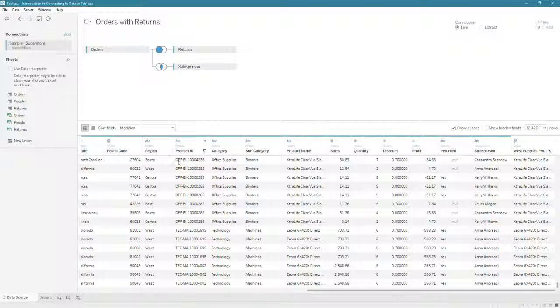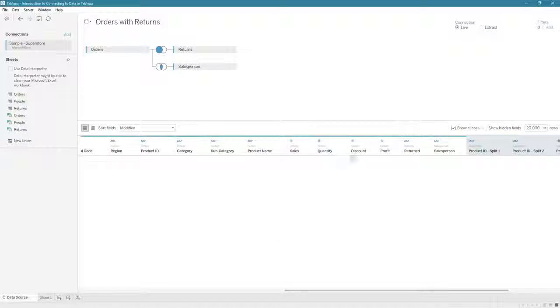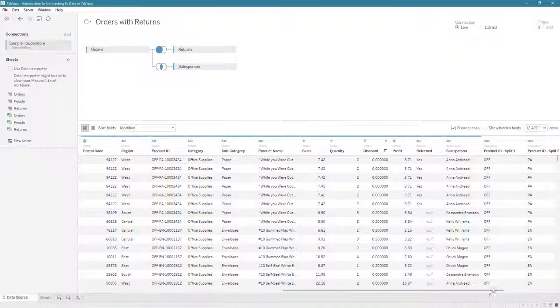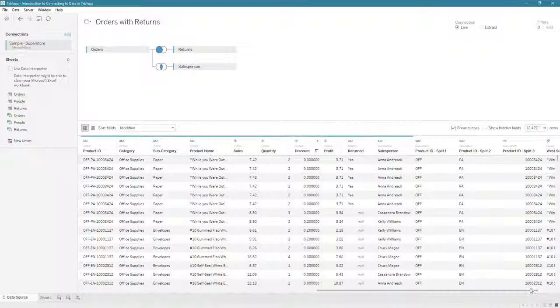So maybe OFF, here it does look like it means office, BI means binder, and this is the actual ID for that product. I can split those out by saying split, and it tries to read it automatically. So it knows that each thing in product ID had 3 groups, so it split it off into 3 different columns. So if you wanted to call this, you can rename these as say,